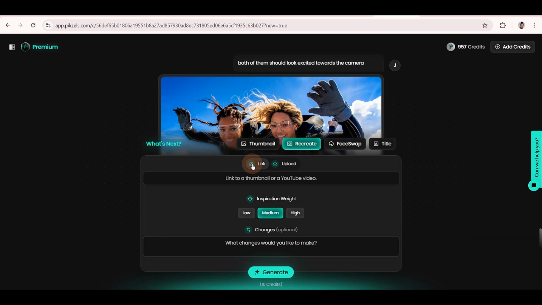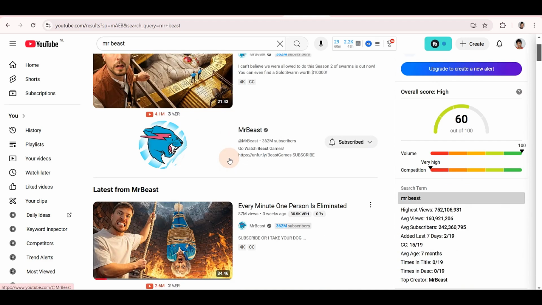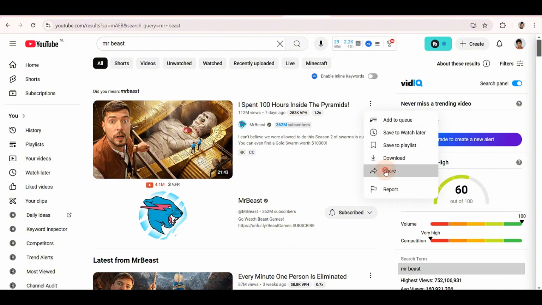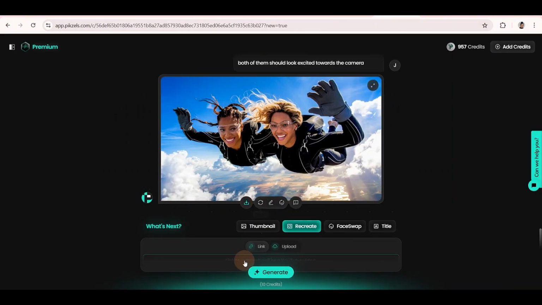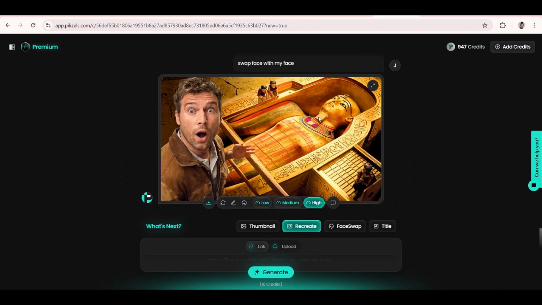So here we're going to paste the thumbnail. I can decide to copy this Mr. Beast thumbnail here by simply clicking here and copying the link, then let's go back and paste it here, and I want the inspiration to be high, and click on generate. Unfortunately I used the wrong prompt, but as you can see, it was able to replicate the thumbnail using